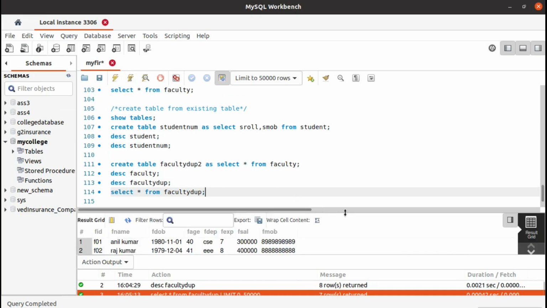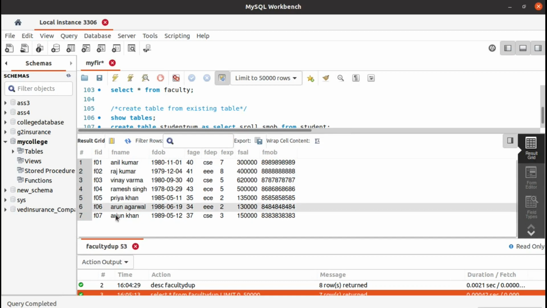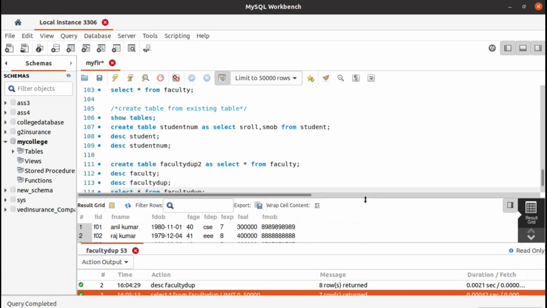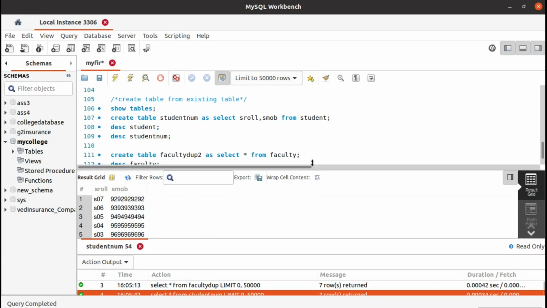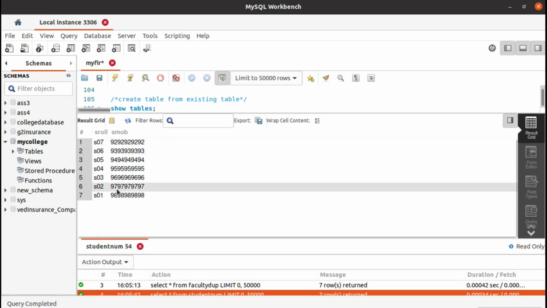You can see that we have the entire data, the same data which we had in the faculty table. Everything got copied into this faculty duplicate table also. Similarly into the student number table also. If you run this, you can see we got all the roll numbers of the students and the mobile numbers in this table also.